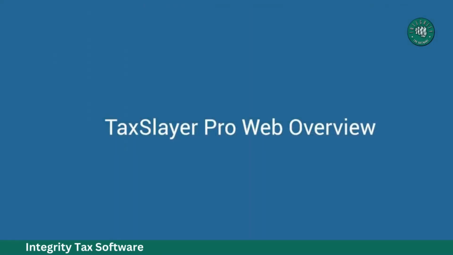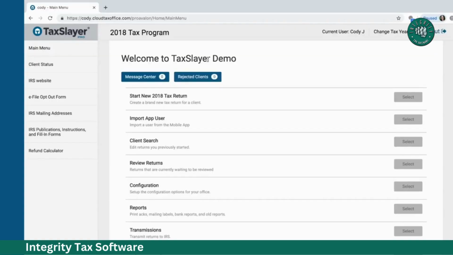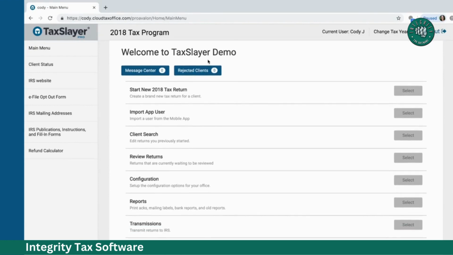The TaxSlayer Pro demo main menu has several options. So you'll see under Welcome to TaxSlayer Pro demo, you can label this to say whatever you want. So it could be Welcome to ABC Tax Company. Under that, there's a message center, which is where we relay all important information to our tax preparers throughout the